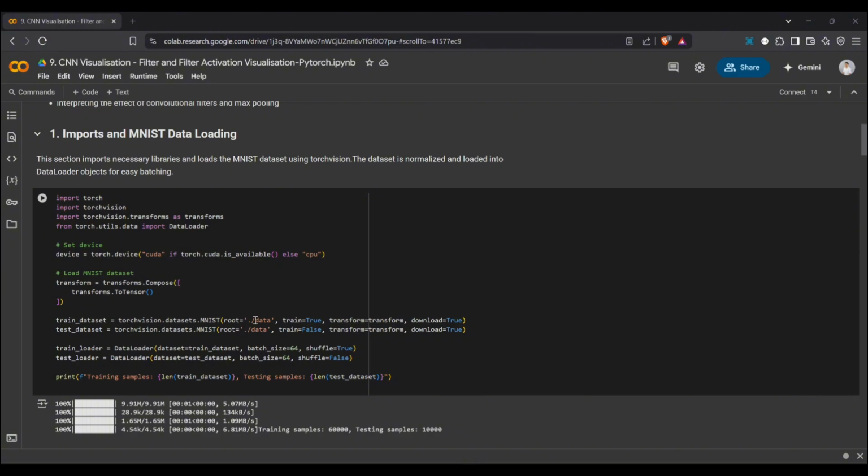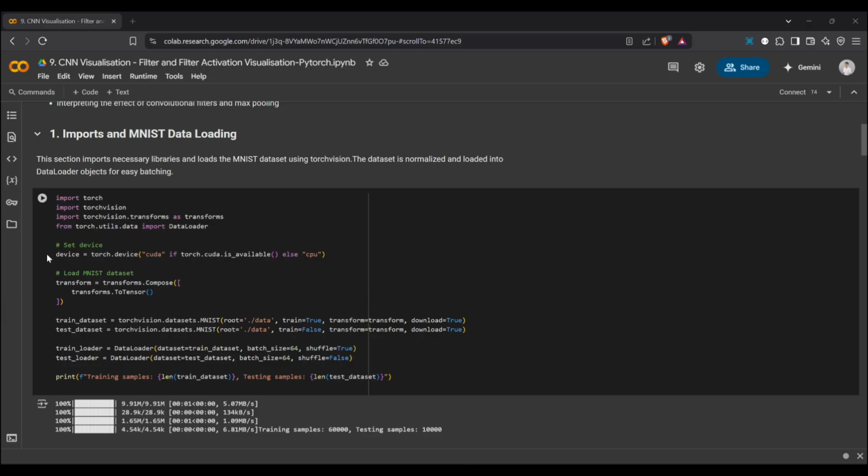When using a DataLoader, we efficiently batch and shuffle the data for training and testing, which improves training speed and generalization. So why are data loaders and batching important? Data loaders help break a large dataset into smaller batches, so the model trains faster and fits into memory. Batching also introduces randomness, which helps the model generalize better.